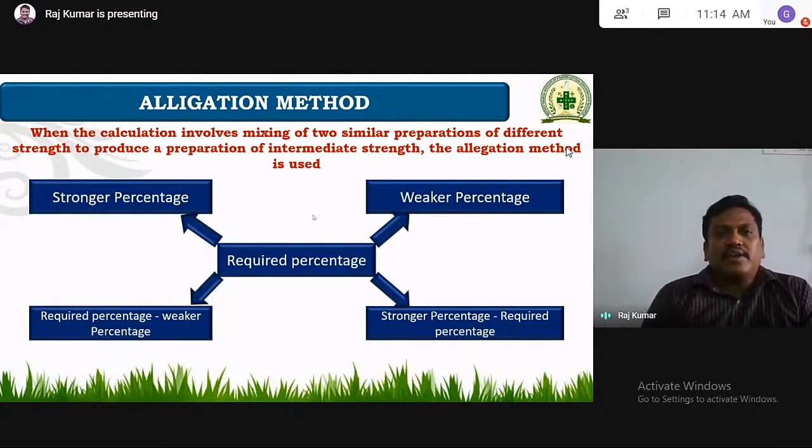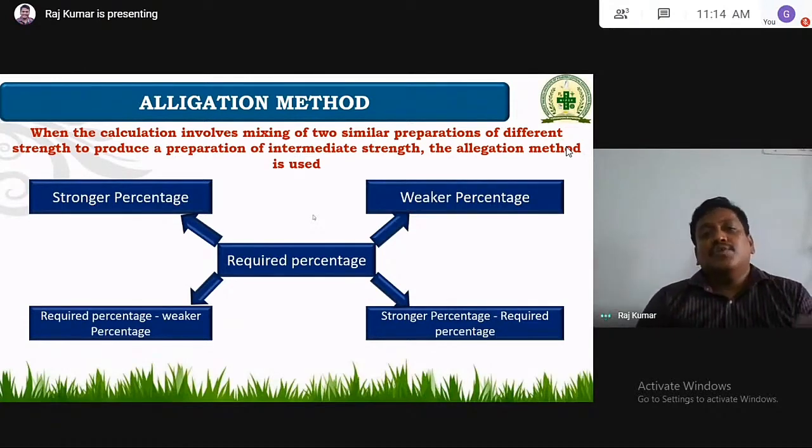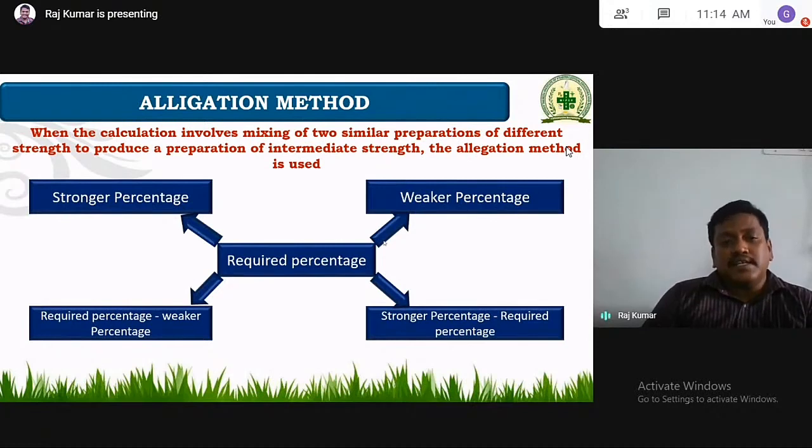So, the alligation method: when do we have to use it, apart from percentage calculations? In percentage calculations, if you have one concentration and you have to prepare another concentration, you simply use percentage calculation. But if you have two or more than two concentrations, and you want to prepare an intermediate concentration from them,